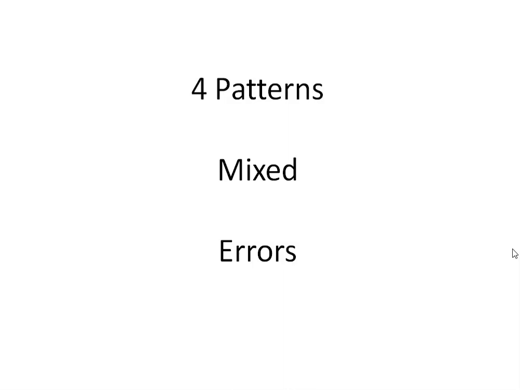Those are called the zero conditional, first conditional, second conditional, and the last one is the third conditional. So there are four patterns: the zero, the first, the second, and third. If we can master these four patterns, we have almost mastered the if conditional clauses. So this we have to keep in our mind.